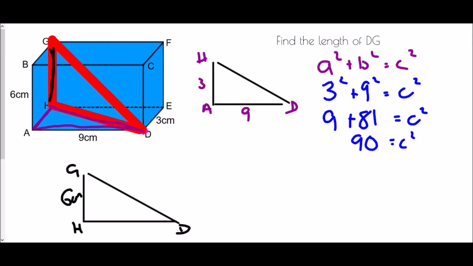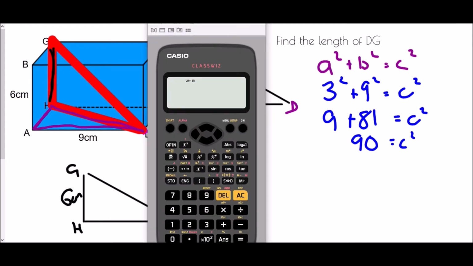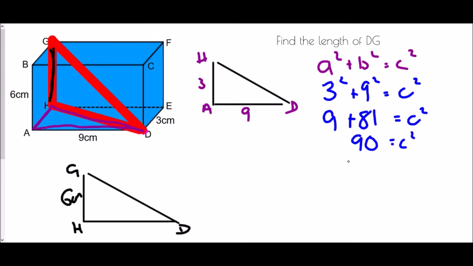So I need to find the square root of that. In that case, I'm going to need a calculator. The square root of 90 comes up as 3 root 10. That's not going to help us right now. What is a decimal? 9.487 would be the answer I'd be given there. 9.487 is c. And so this length here, 9.487, is HD. So I can add that to the diagram that I've drawn at the bottom,